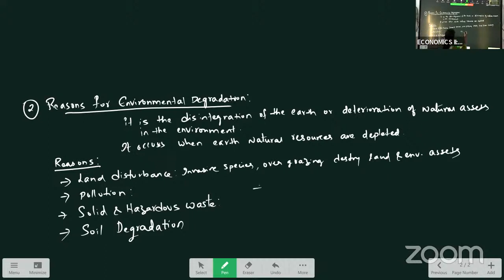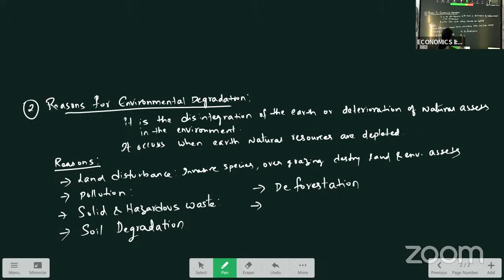Next reason is deforestation. Deforestation, cutting down the trees to provide space for more homes and industries. To create our homes, we are cutting down the trees, meaning we are damaging our natural resources. So because of this, deforestation is increasing global warming by sending carbon back to the environment.